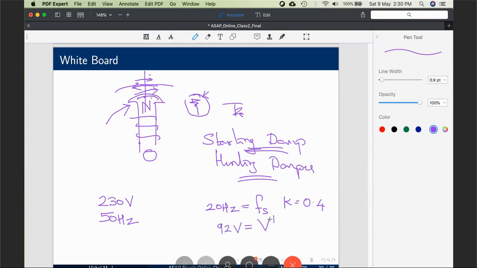So this is your voltage and this is the frequency. And the phase, you make it 90 degrees. And the inverter can easily do this. So that's what is being done. So from where did we get this 20 hertz? Did we choose it? Actually, no. It is the frequency corresponding to your rotor speed. Why do we do that? To make our stator speed and rotor speed the same. That is the basis of self-control mode.